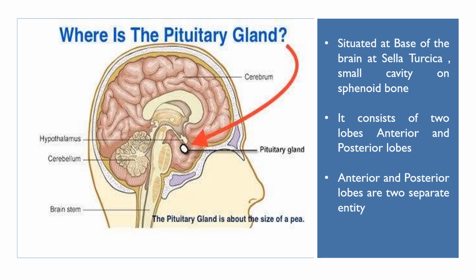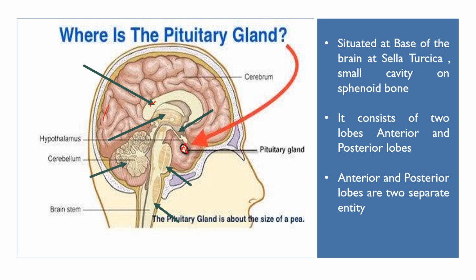Pituitary gland is situated at the base of the brain in sella turcica, a small cavity of sphenoid bone. So we can see from this picture that this is the base of the brain, and this is a pituitary gland here. We can find different parts of the brain. This is the corpus callosum, and then this is the thalamus. This part is the third ventricle, then it is the pons, medulla, cerebellum.